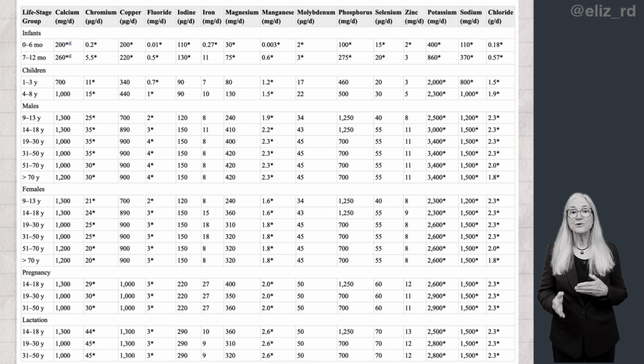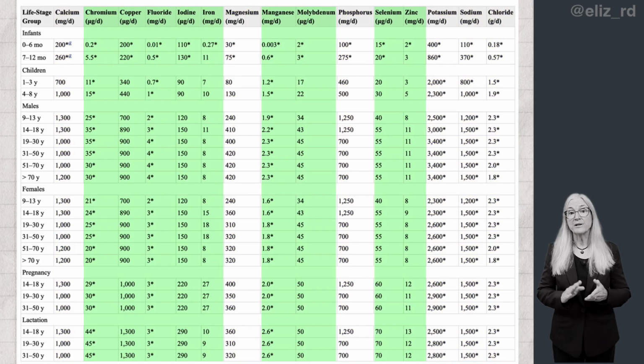Minerals can be classified into 2 main groups, major minerals and trace minerals. The major minerals are needed in larger amounts and are more involved with structure and fluid balance. Deficiencies tend to show up as structural issues like muscle cramps. The trace minerals are needed in smaller amounts and are more involved with functions like oxygen transport and immunity. Trace mineral deficiencies are often more metabolic and can show up as feeling tired or getting sick more often. These nutrients work together within the body, and taking an excess of one can lead to an imbalance of others.